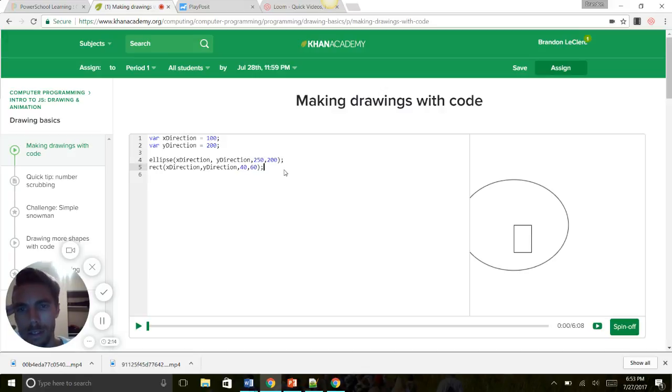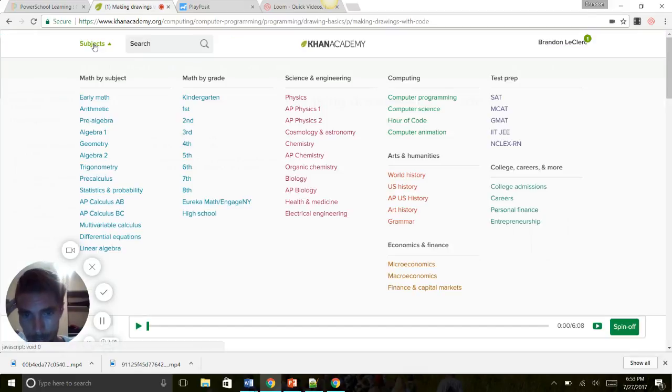We'll get into loops in a little bit, but right now what I want you to do is you are going to log into Khan Academy, and I'm going to show you where to go here. So when you log in, you'll probably be brought to something like this. If not, just click subjects at the top, because everybody's going to be different, so I'm just giving you directions that everybody can use. Go over to computer programming,